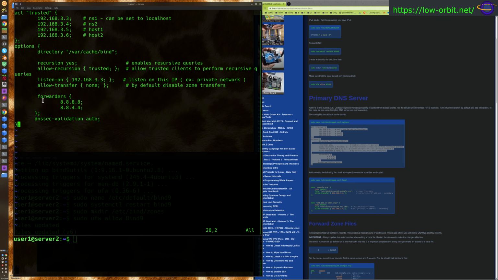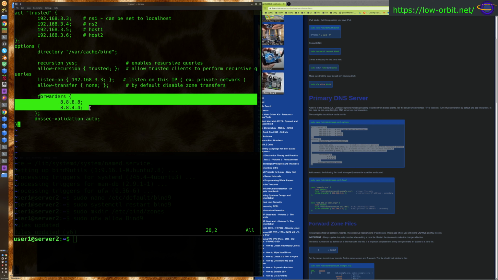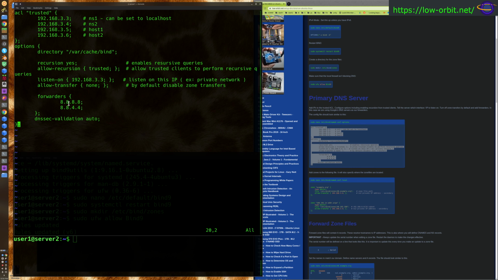But any other entries, like say if you wanted to look up apple.com or google.com or facebook.com or whatever, those queries would be forwarded to these DNS servers right here. And these DNS servers are Google's DNS servers. And these are actually what I normally would configure any client to point to. It's generally good just to avoid your carrier's